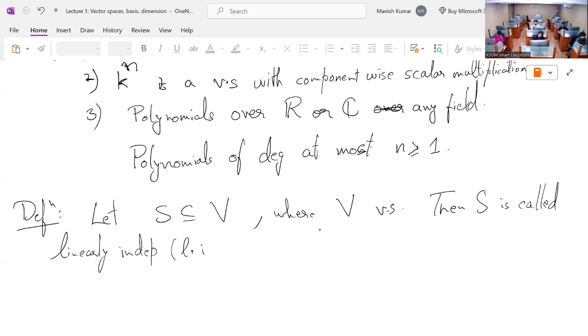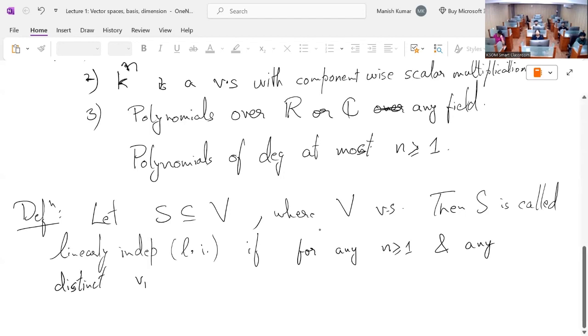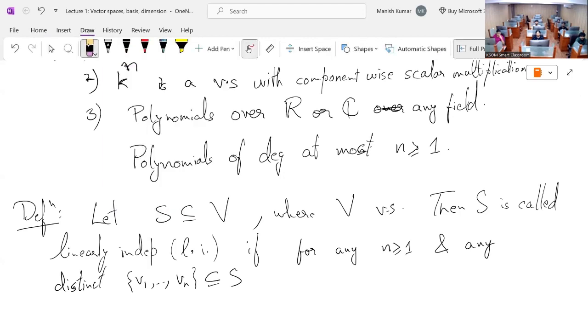So I'll abbreviate it as Li. If we take any collection, so for any n greater than or equal to 1 and any distinct V1 to Vn subset of S. So maybe I shouldn't put a bracket here. Yeah, so any V1 to Vn in S,